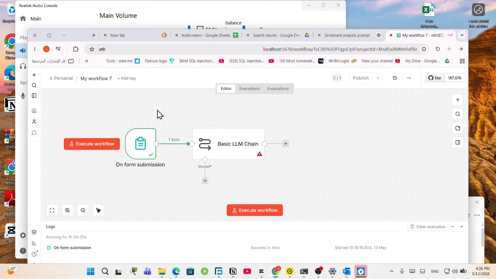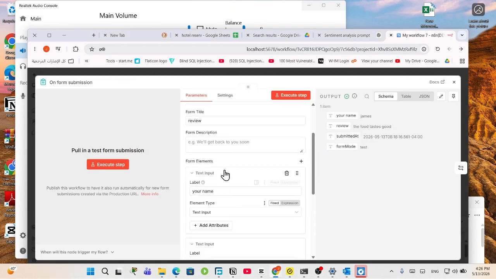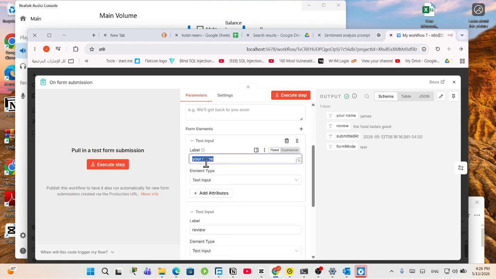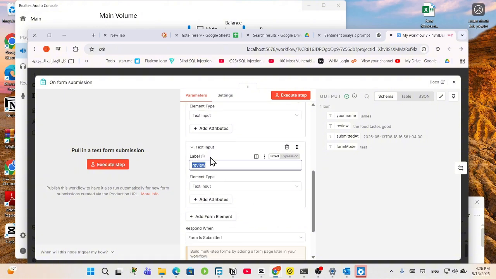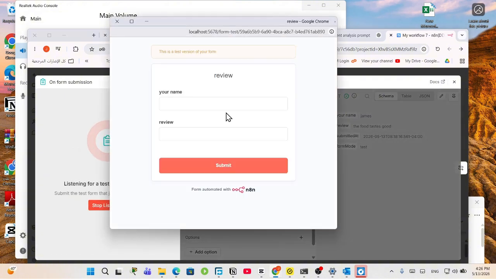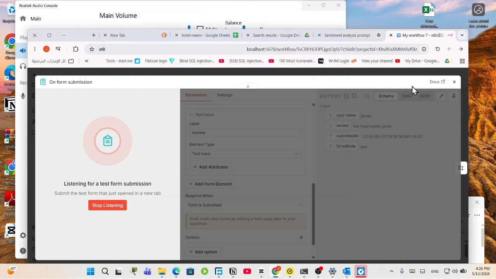So first thing, I just opened a new workflow, and I created a form. On form submission, review. The label I put your name, and on the text input I put review. So now when you execute, it's going to show like this. When a user enters his name and the review, then what